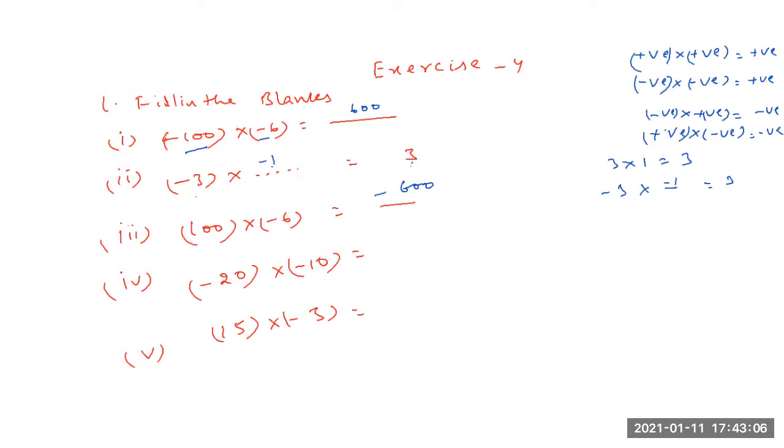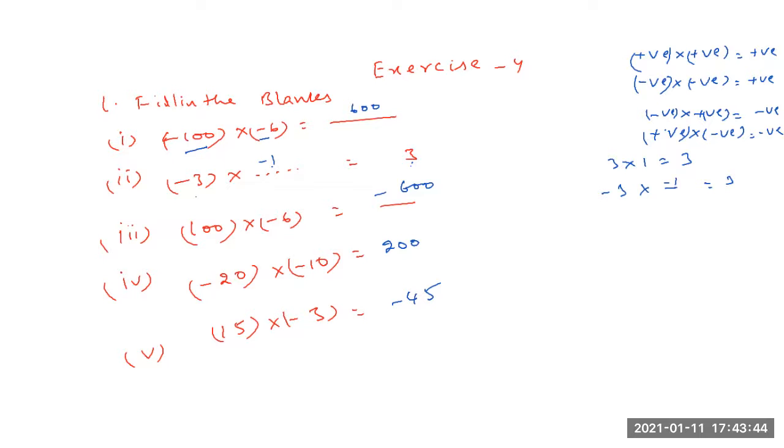That's it. So minus 20 into minus 10. Two negative numbers multiplication, product is positive. So 20 into 10, 200. That's it. Next, 15 into minus 3. As usual, first you have to write 15 threes are 45. Then you have to look after the sign. Same procedure is followed. So plus into minus, one positive into one negative is always negative. That's why minus 45 is the answer.